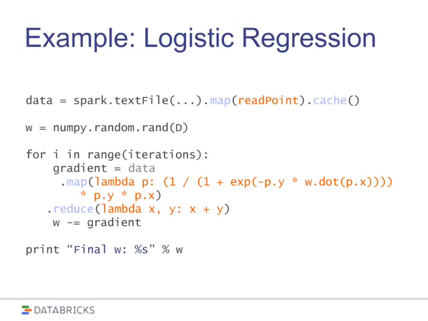So that's exciting. Another subtle thing to look at is at the very top line, at the very end of that line, we call .cache. And so what that does is tell Spark that whenever we access data, we want to read it from memory. And so obviously in a case like this where you are looping, you're going to access that data set over and over again. Clearly that's going to provide quite a performance benefit as opposed to